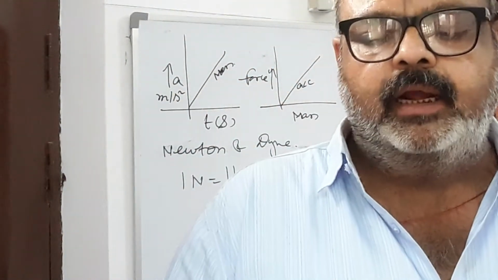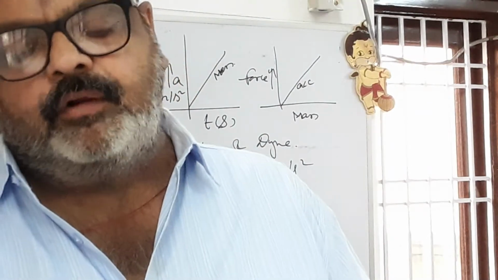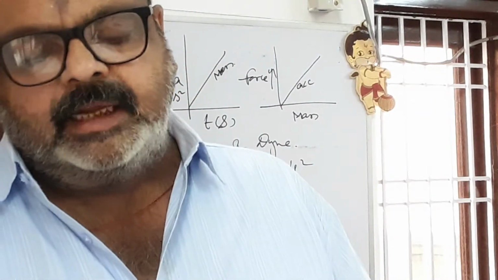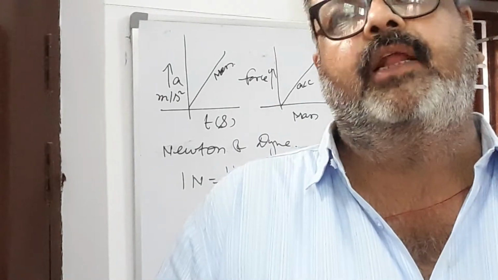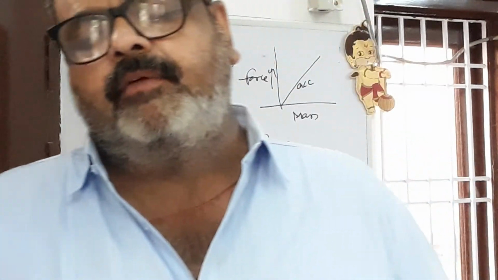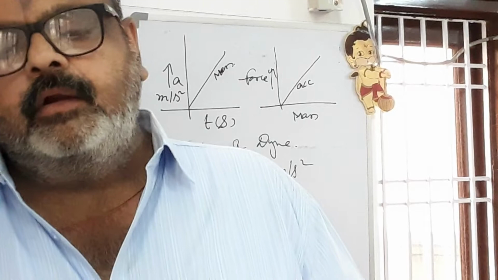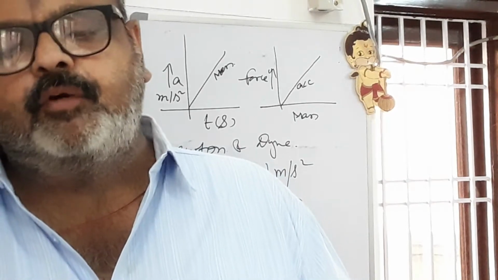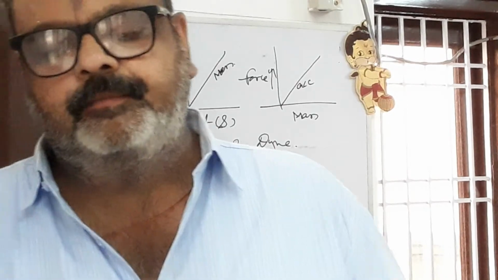Delta P upon delta T can be written as delta mV upon delta T. It is observed that the mass of the particle increases with the increase in velocity, but it becomes perceptible only when the velocity of the moving object becomes comparable to the velocity of light, that is 3 into 10 power 8 meter per second. Only then can we consider it, otherwise the mass always remains constant. Two conditions are needed: the velocities are much smaller than that of light, and the mass remains constant.